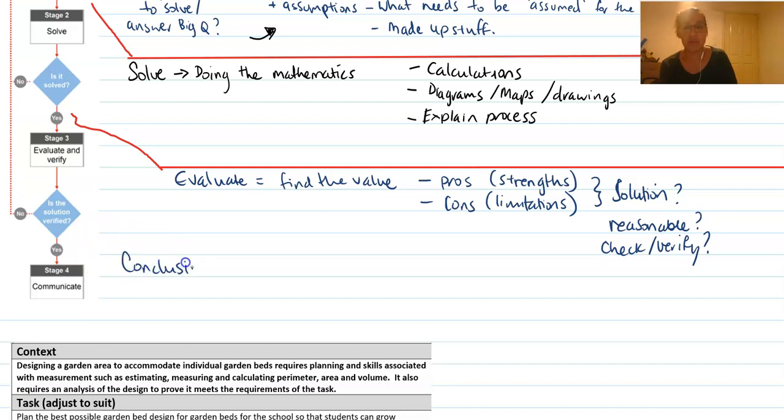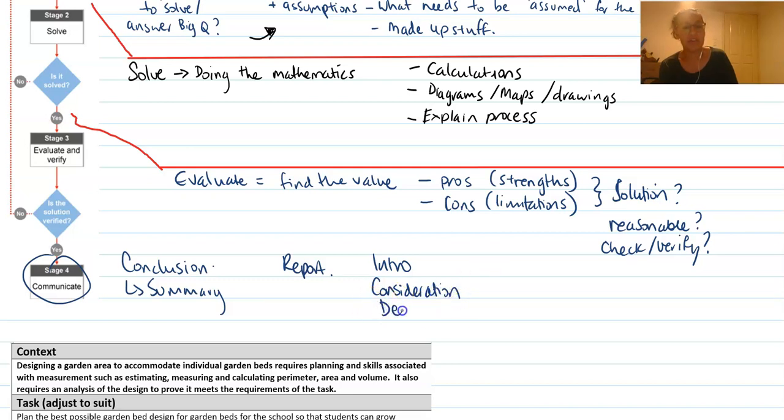Oh, I forgot to put my little red line in. Your conclusion and your summary of what you found and how you found it and what's the importance of it. So that is also, in this section here, we use a report. So it has an introduction, considerations,